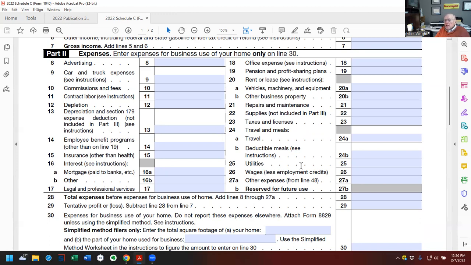Then we have taxes and licenses. These are the kinds of things that you're eligible to deduct because they're fees that you pay to the government and taxes that you as a business owe. Now, keep in mind,